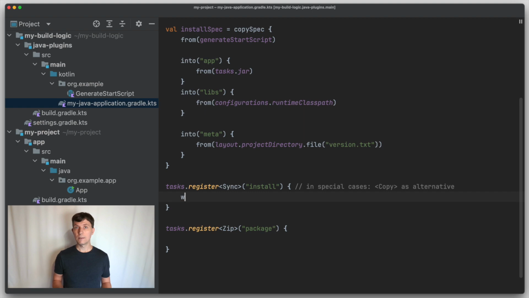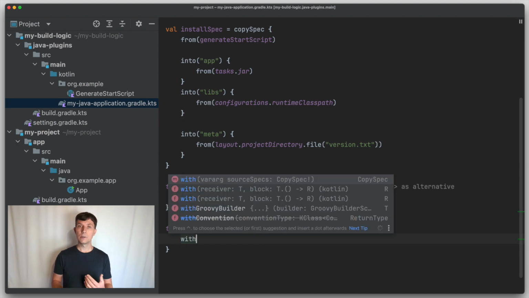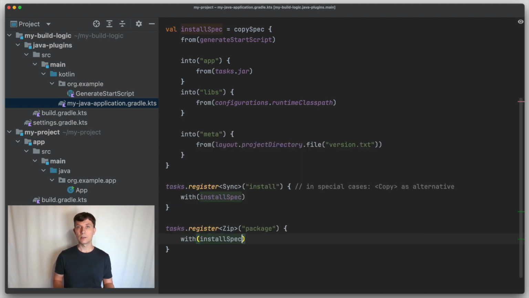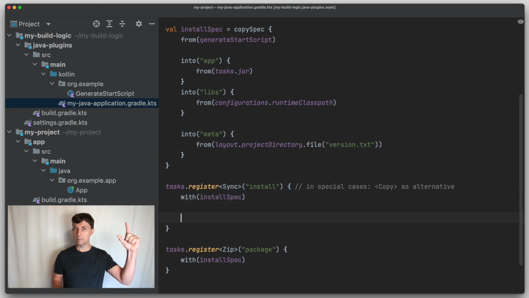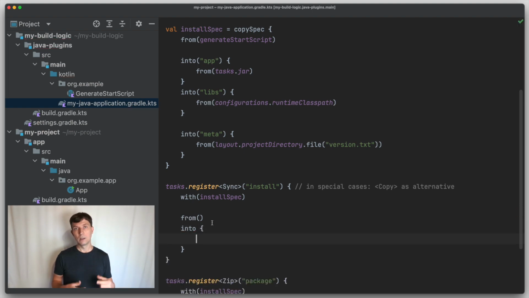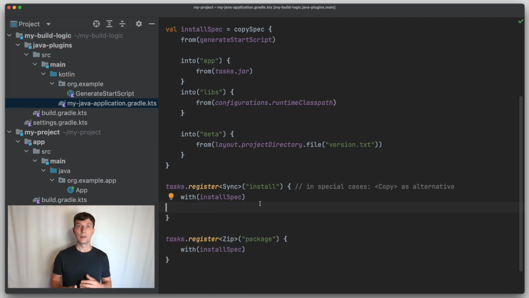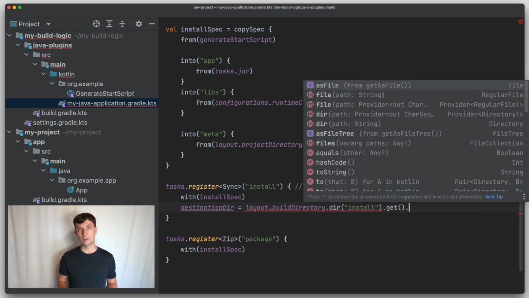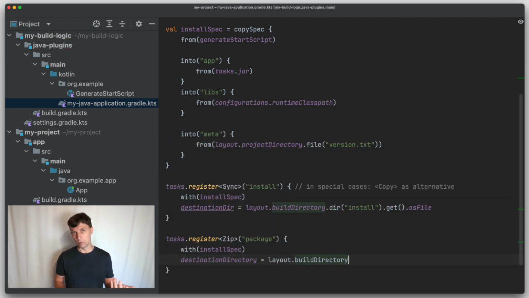Now the only thing left is to use this copy spec in the configuration of our tasks using the with keyword, which we do in both the installation and the package task. Note that instead of defining a copy spec separately and then using a with, you could also define the spec directly in the task configuration if you only need it for a single task. In addition to this, for each task we need to define a destination directory where the installation or the package